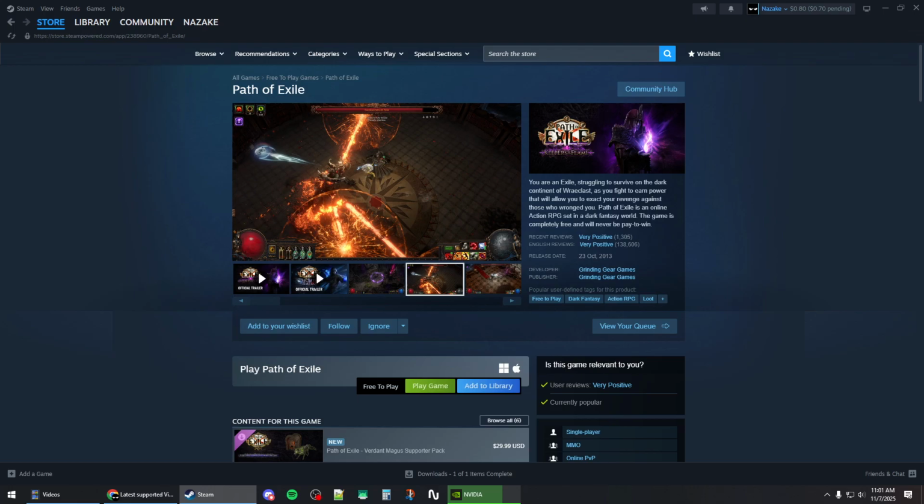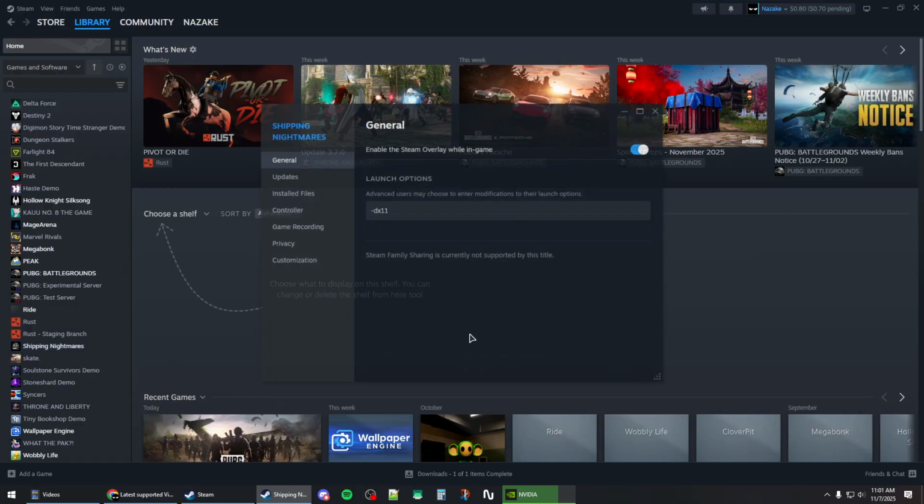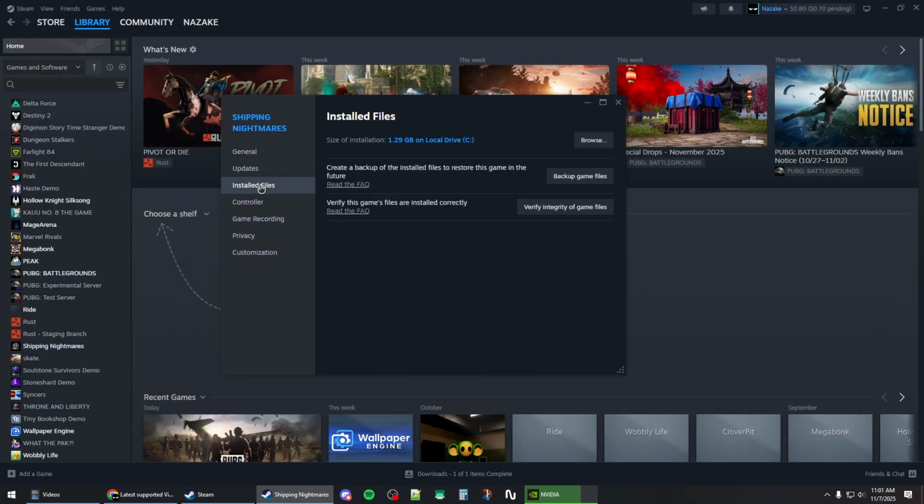How to fix Path of Exile crashing on Steam. First, go to the library, right-click on the game, open up the Properties window, and then go to Installed Files